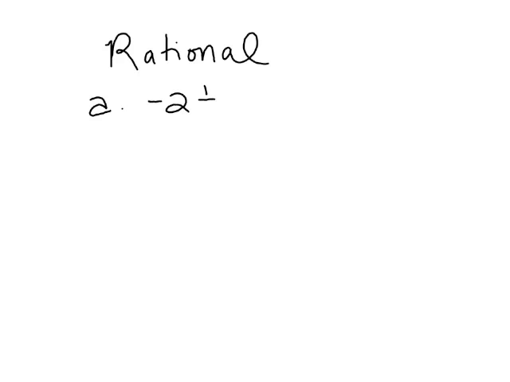The next number family is called rational numbers. Rational numbers can be written as fractions. So the examples they give us here in the book are: -2 1/3 is considered a rational number. So if I wanted to graph that on my number line,